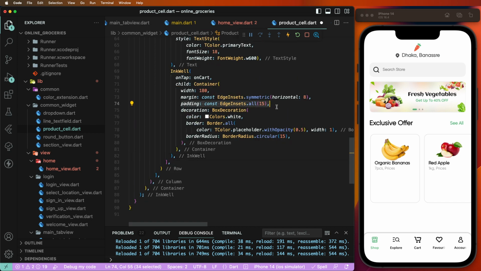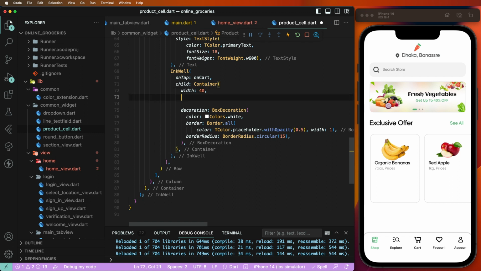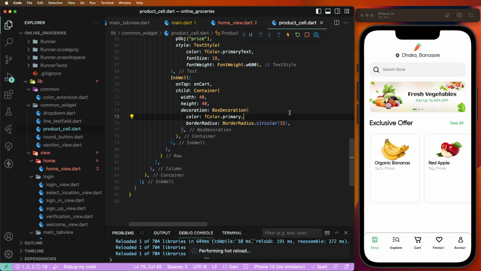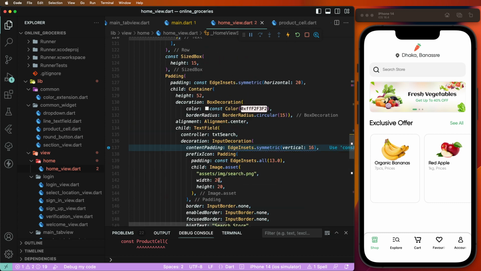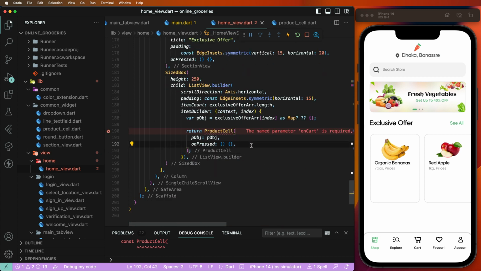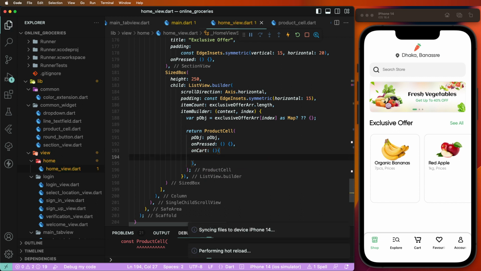Now need to padding, margin. Now need to set here the width, set here the 40, and height, set here the 15, and set here color primary, and to set here no needs here, and to set corner radius. And first of all, need to configure inside on tab events. Need to right here. Now need to save